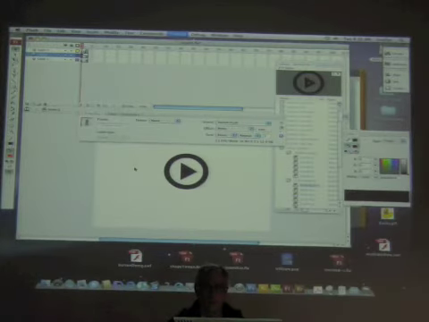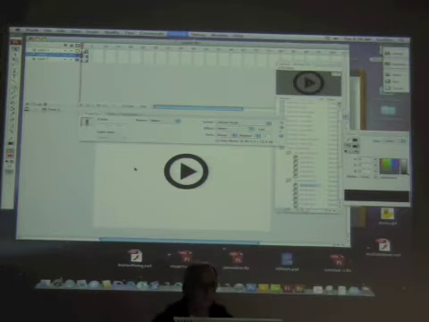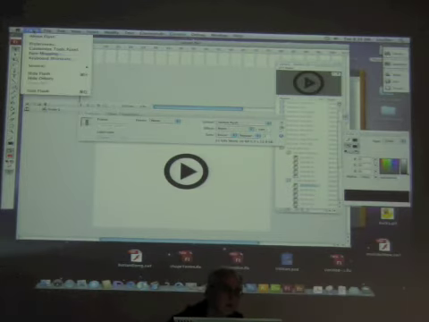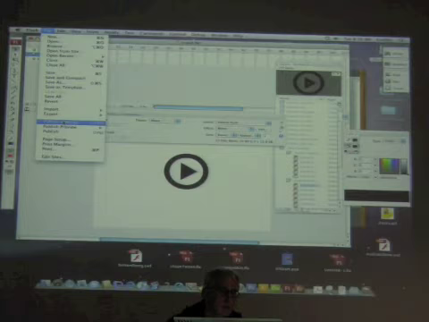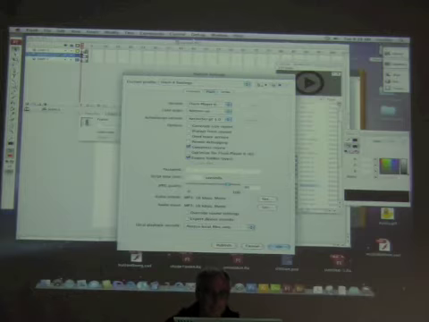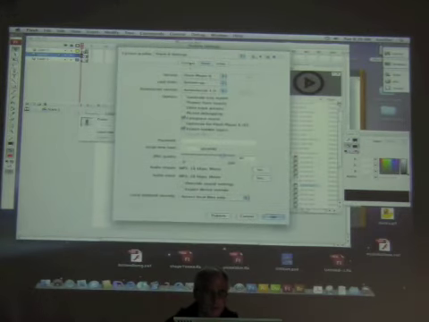Okay. So that's all there is to incorporating sound. To control the quality of the sound, I'm going to look under here first. Let's look under Publish Settings real quick. And down at the bottom of Publish Settings,